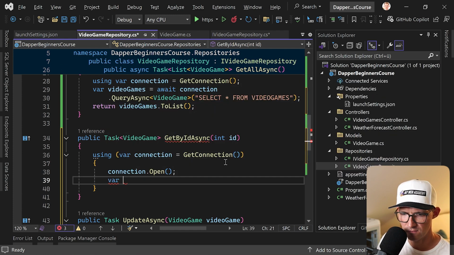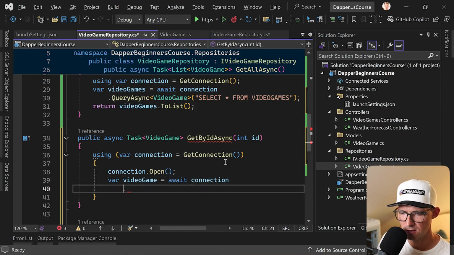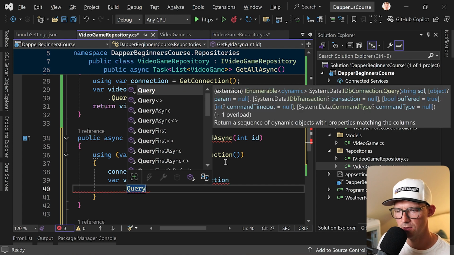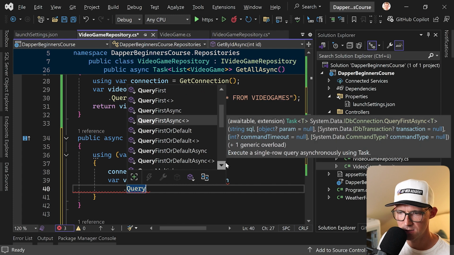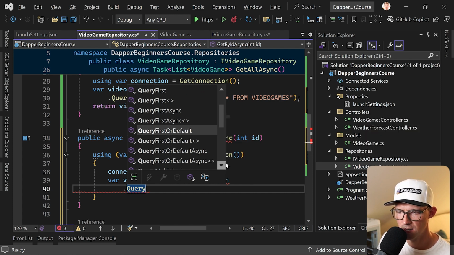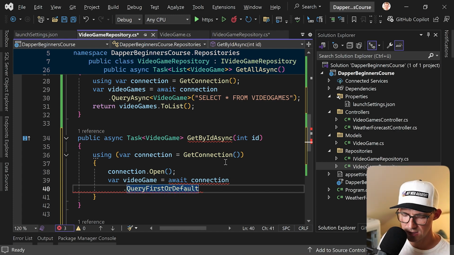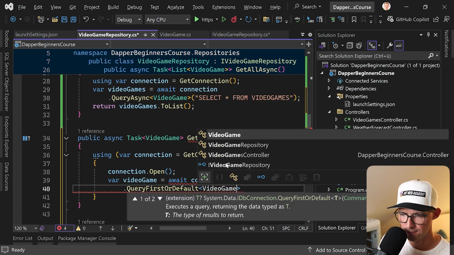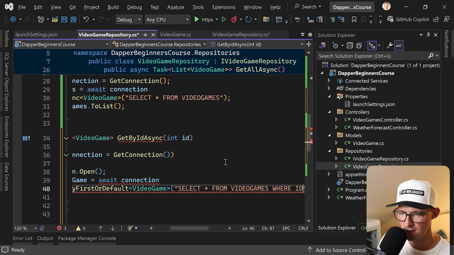So here we can say var videoGame and then await connection and then query, but this time it's only one object. So what we can use here, you see it here already, FirstAsync, or see it here, execute a single row query asynchronously using a task. And here it says executes a single row query returning the data typed as T. So let's use QueryFirstOrDefault. We want a video game, and the query for that is select all from video games where the ID,